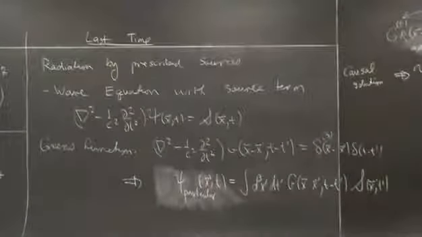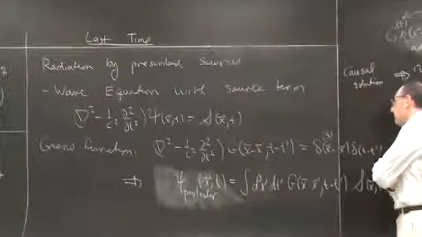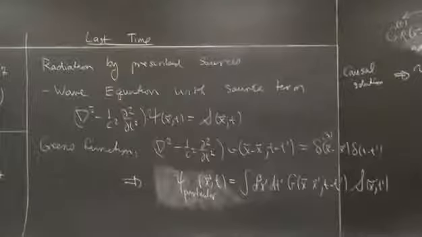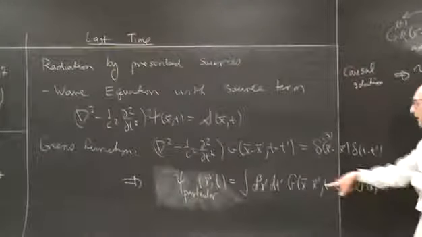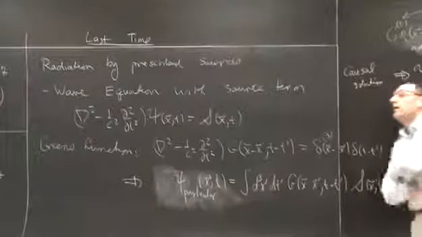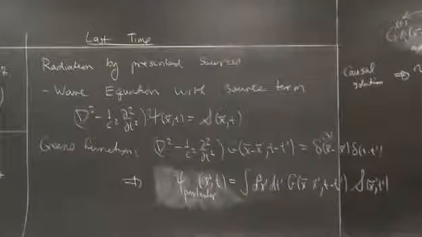And to solve that equation, the particular solution is found in a general form by convolving the source in space and time with the Green's function associated with the wave equation. So we looked for solutions of this equation, and we found two kinds of solutions, so-called retarded solutions and advanced solutions, which correspond to either